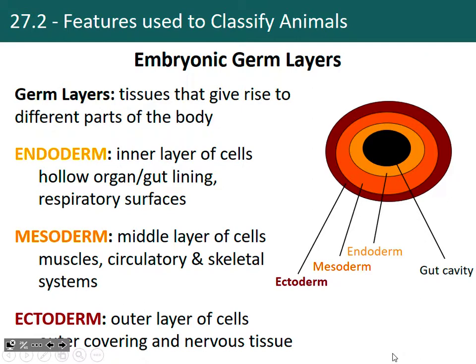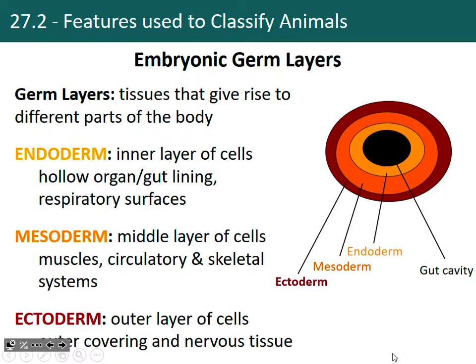That's an open hole. And then in yellow, the layer closest to the gut, we have what's called the endoderm. Endo, like enter, means into the inside, so it's the innermost layer of cells. It is going to be directly around that gut cavity, so it's going to be the lining of the gut cavity. It's going to surround that hollow organ. And it's ultimately going to give rise to many of our hollow organs, as well as our respiratory surfaces. So it's going to give rise to gills or lungs, depending on the organism,